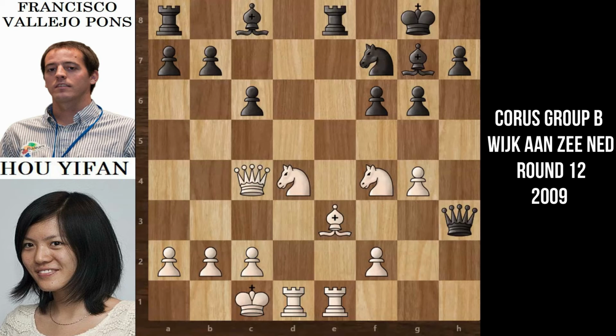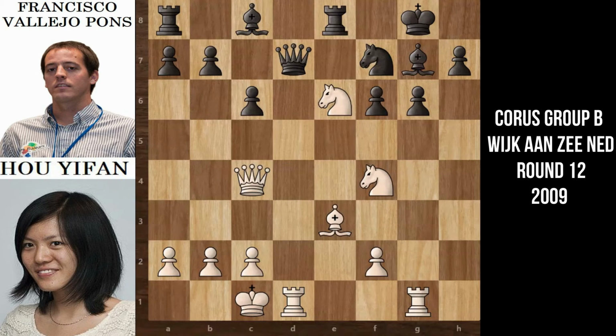Here Francisco captured another pawn on g4 with his queen, and Yifan moved her rook from e1 to g1, attacking the queen. This forced Francisco to move his queen back to d7, and Yifan continued to attack. She moved her knight from d4 to e6, now opening up this d file for a rook to attack the queen on d7. Here Francisco was forced to move his queen to e7, the only square available,